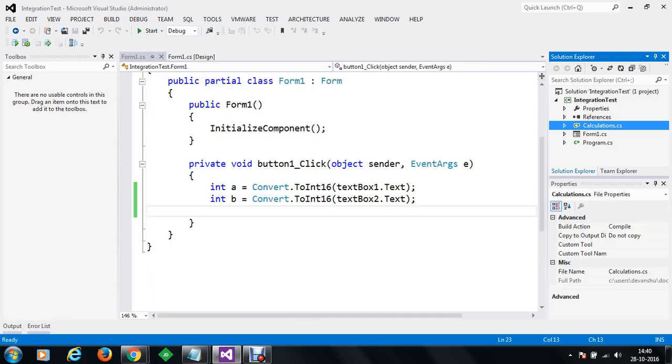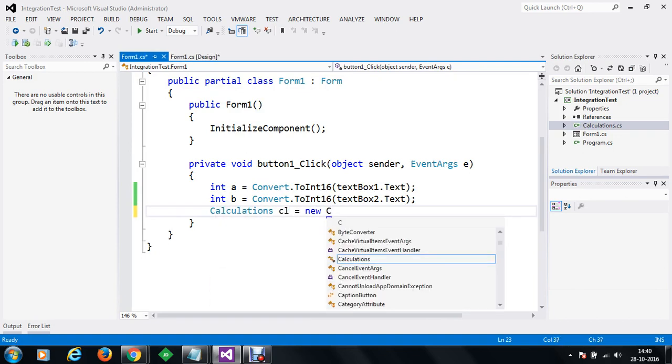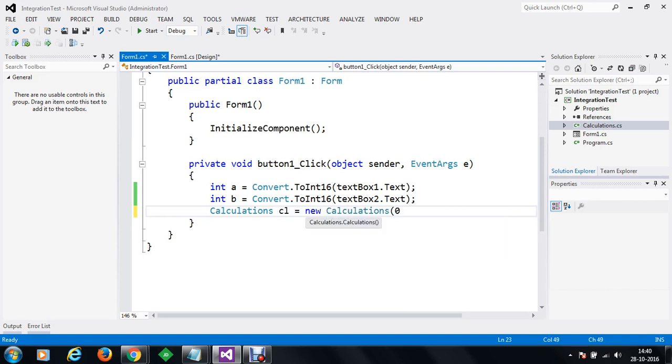Once we have integrated that, we'd like to make use of calculations. CL is equal to new calculations. We're going to create a new object for the class calculations, and the name of the object will be CL. Now using the CL, we are going to make use of the add method, which is a public method, and we have to provide two integers, A and B, and we'll finally get the result.